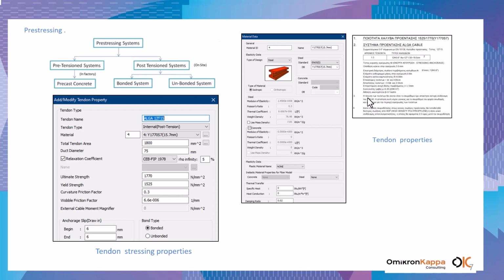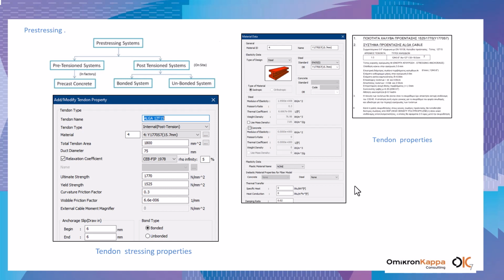Then the prestress type and the prestress material are provided in the program. We can have two types of prestressing: pre-tension systems and post-tension systems. Each one has its own characteristics. Here we are going to use a post-tension system that we are going to do on site.